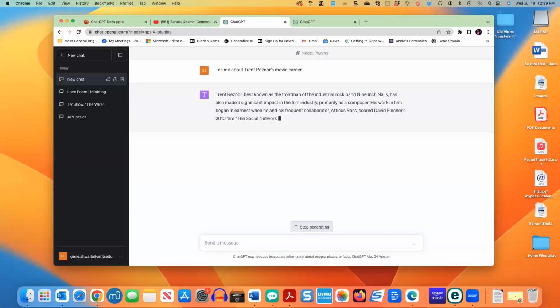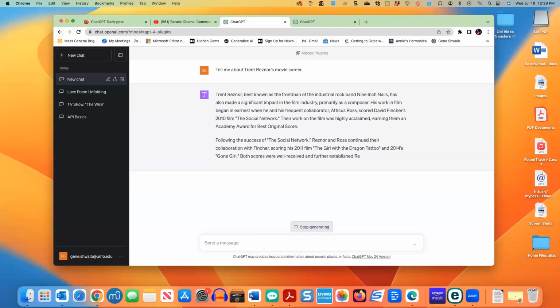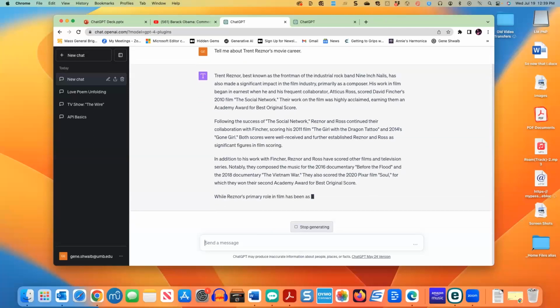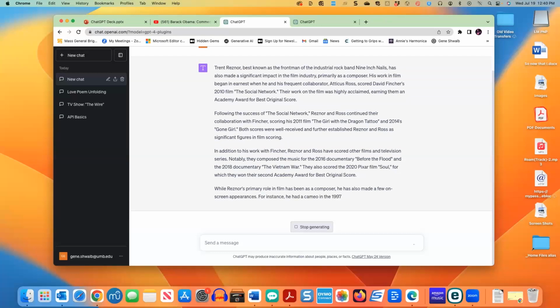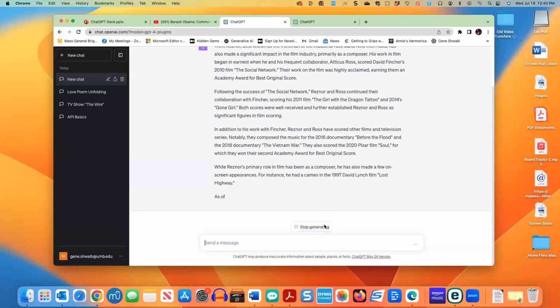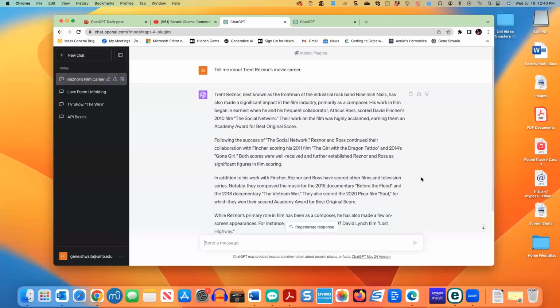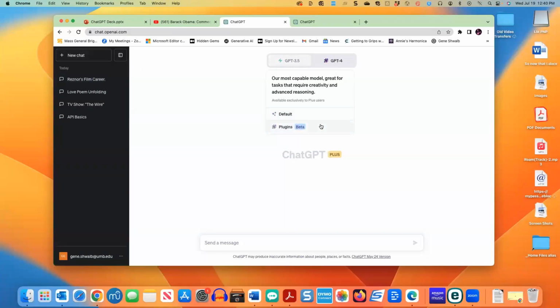Okay, and it tells me that he worked as a composer, and a couple of on-screen appearances. But as of 2021, he's active in the film industry. Okay, but I know, because if I go up and do a new chat and say, I want to